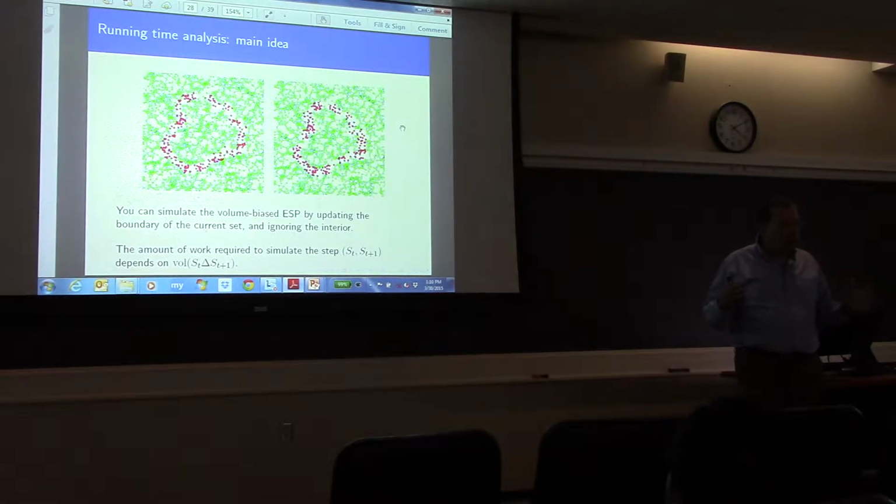The standard deviation of this martingale turns out to be the size of the boundary at the current time. And you can easily, intuitively see the more boundary you have, the more chance you have to move the set. So in the places where your updates are costly, you move quickly out of those areas. And in the places you care about, where the conductance is small but you still have to run to see can I improve it even further, in those places each update is very cheap if you keep the right data